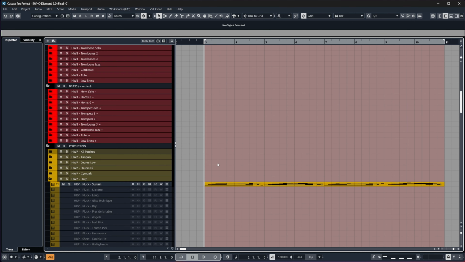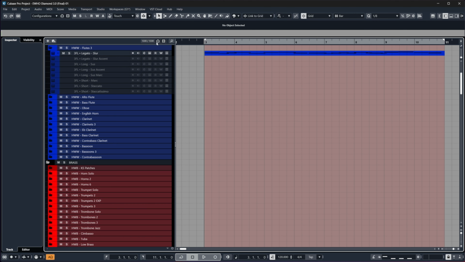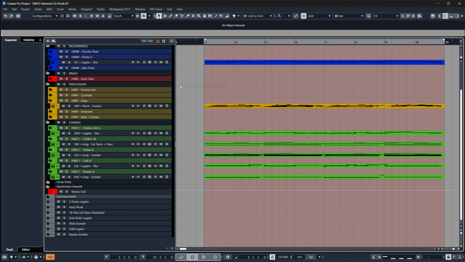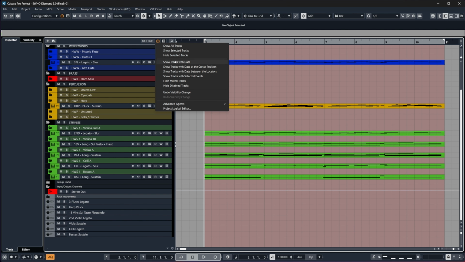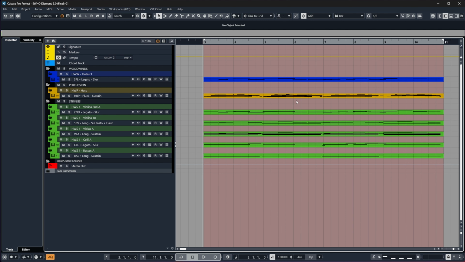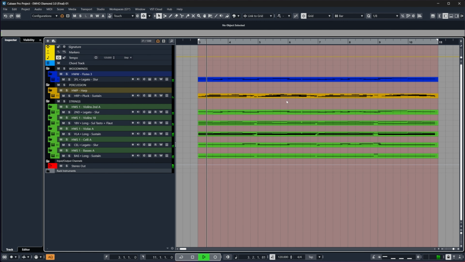Once you've transferred the MIDI over, you can then hide all the disabled tracks if you like by going to this button and then hide disabled tracks, or you can just show only the tracks with data on. Obviously, if you want to tidy up the MIDI and snap it to the grid as well, that might help. And when you hit play,